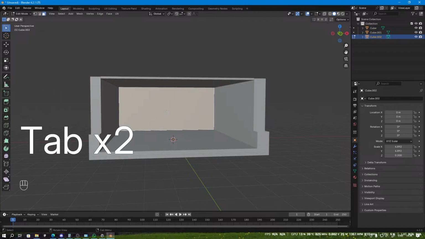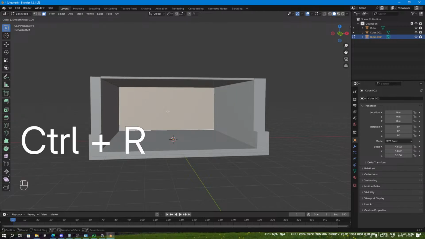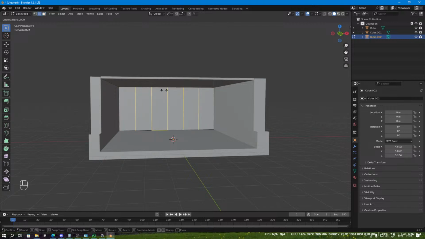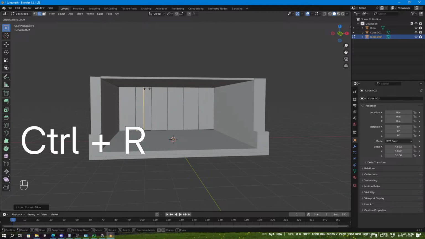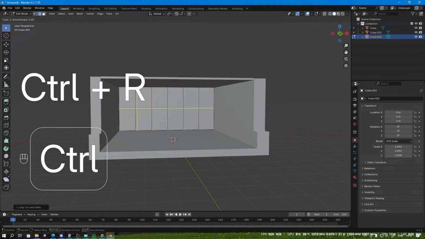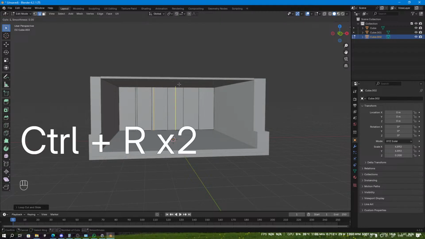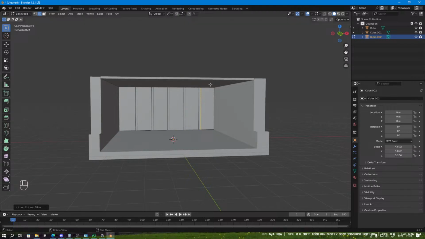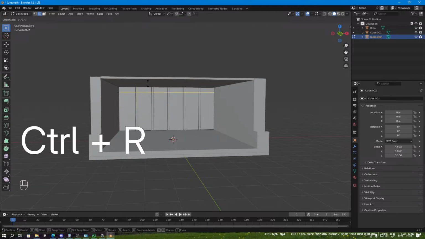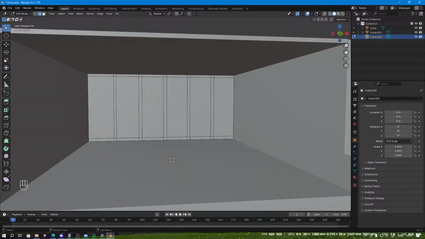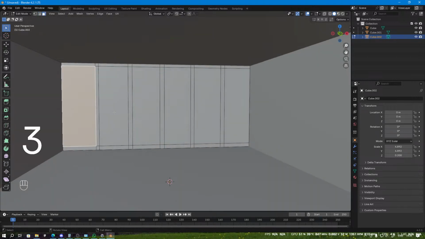Now I will just select this and start giving loop cuts like this. 1, 2, 3, 4, 5. One cut over here, one cut over here. Now select these parts